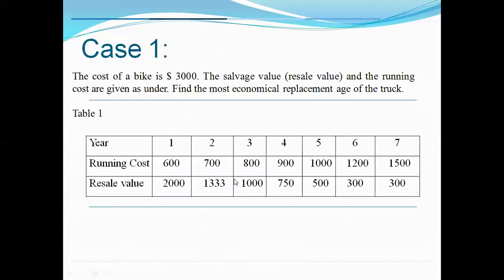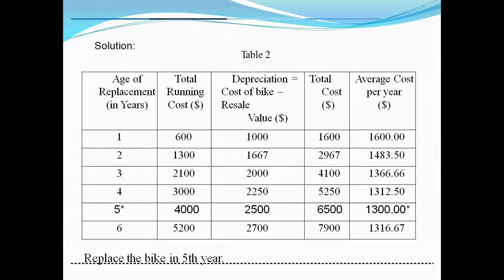And hence, at the fixed point the total cost is 3000, and later it keeps increasing, in the range of 4000 to 6500. At this fifth year, it is compulsory that replacement of the bike is necessary, as this exceeds the existing total cost, and the maintenance cost is much higher than the average cost that has existed.